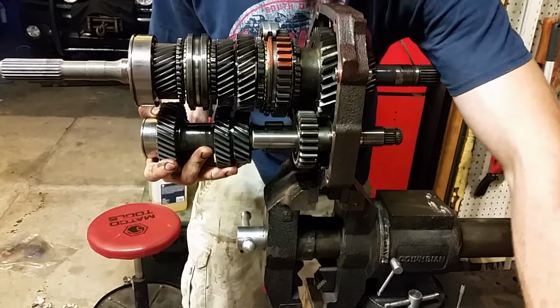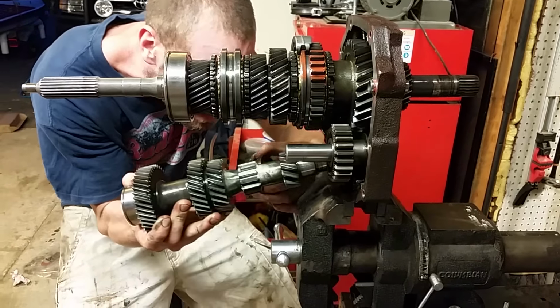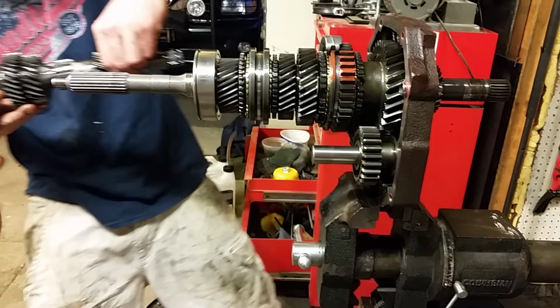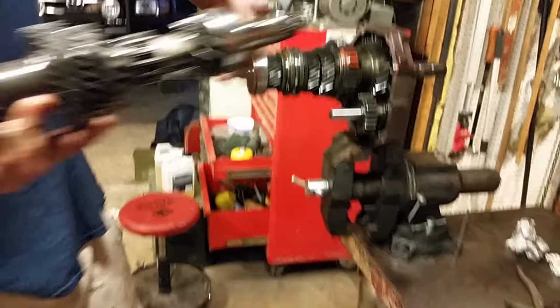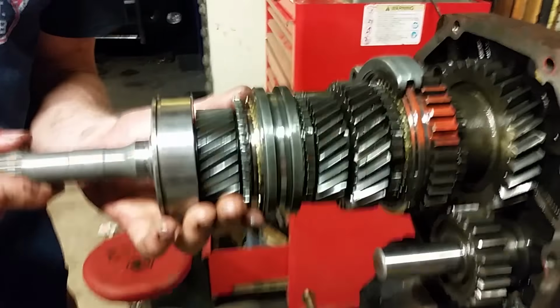When you get these things apart, it can be a little tricky to actually find. You have this noise and then you don't really know exactly where it's coming from. So I just got a whole bearing kit and I'm replacing all the bearings while I have it apart. But this, like I said, I think it was the front main bearing causing my noise. But if you take this off here,